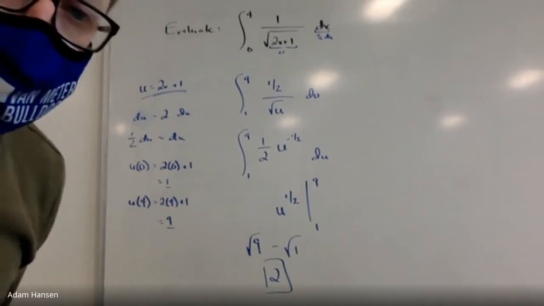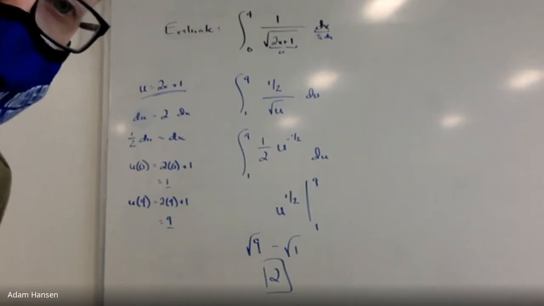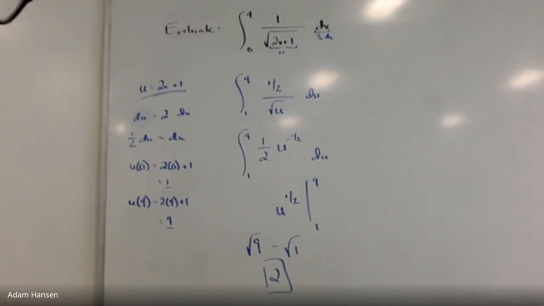That's pretty much the name of the game, guys, using the first fundamental theorem. Only difference is now we have upper and lower bounds, so we also have to change those to be in terms of u. What are your thoughts? Anybody online got anything that still is not quite